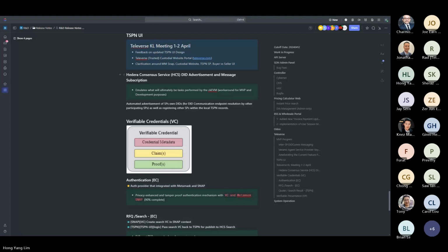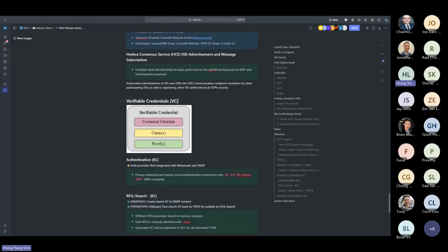Yeah, no worries. All right, so I will just continue with the VC, the full name of which is the verifiable credential. This is just a small breakdown of what it is. We have some metadata of the credential, and we have claims and a proof with it. So just some context here. This is just a format or encapsulation